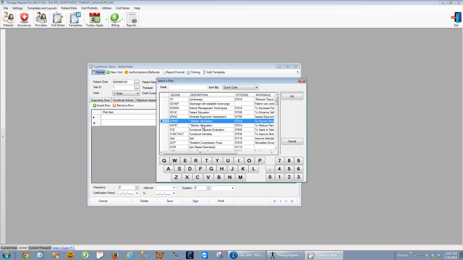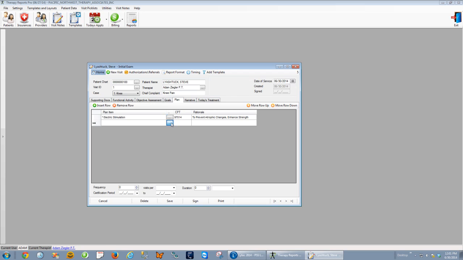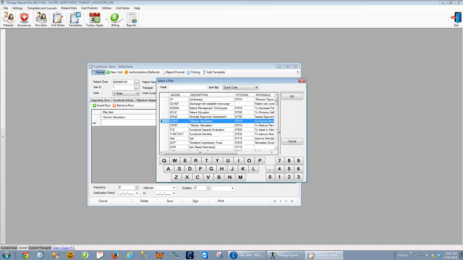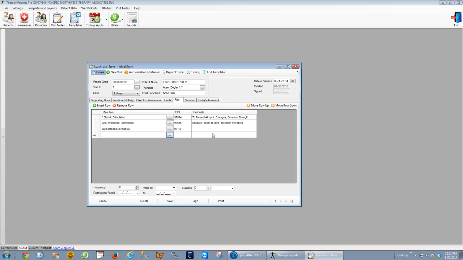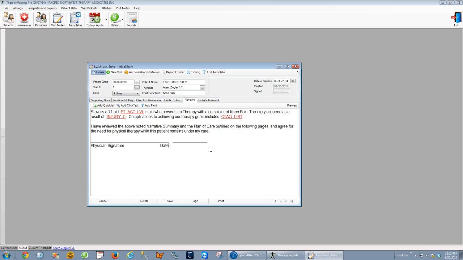And utilizing the pick list, I can pick some plans for what we're going to do for this guy today. Let's do electric stimulation. Let's do, I don't know, joint protection techniques, and we're going to give him a gym exercise program today. Why not? Moving on to the Narrative tab, you'll see that a bunch of text has been brought in based